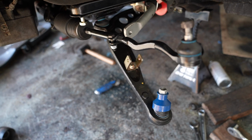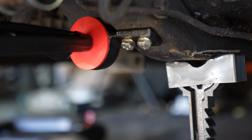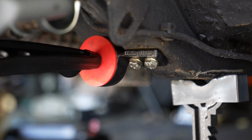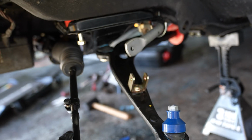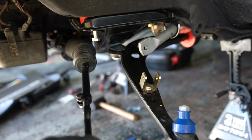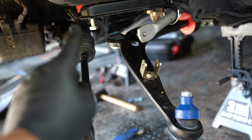Now that we got the new tie rods on, the new boots, we can go ahead and toss these old junk ones to our junk box. Also went ahead and took the time to mount up the mount for the control arm. Got our hardware in there, and now we just need to do our sway bar end links, mount those up to the sway bars, and then from there I think I'm just gonna tighten up the front subframe bolts